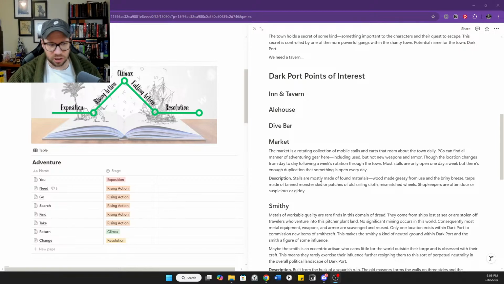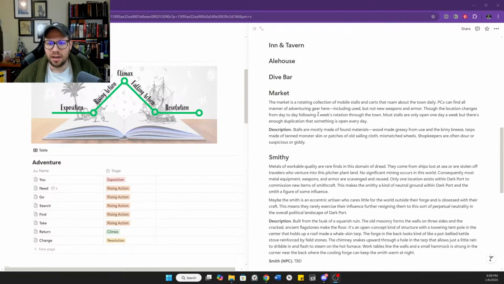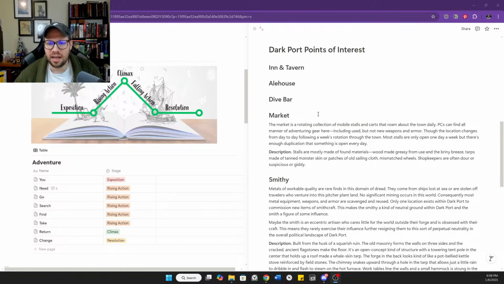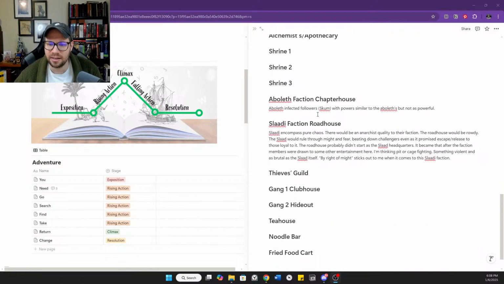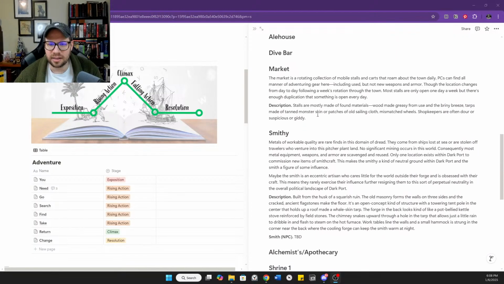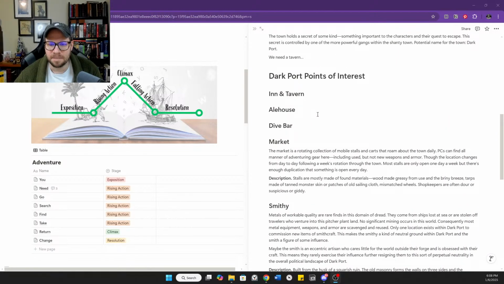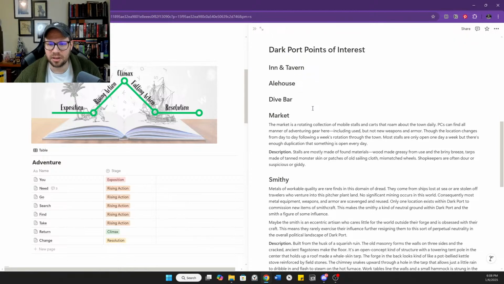Without any further ado, let's go ahead and start brainstorming some of these locations. This, of course, is not a comprehensive list of everything that would be in the town. So if you've got some ideas for other stuff that we might want to add in here, let me know. Likewise, as we're going through these, I'd love to get your thoughts on what they should be like. Again, we're just keeping it loose and brainstorming today. We're just coming up with ideas.